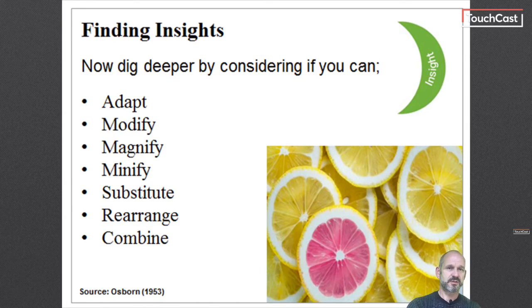Can we substitute, which means who else, where else, or what else can we use, and other ingredients, raw materials, approaches that we could adopt? Alternatively, can we rearrange, which means can we interchange parts, use other patterns or layouts, and can we change positives and turn them into negatives? Can we reverse roles, turn something backwards or upside down?